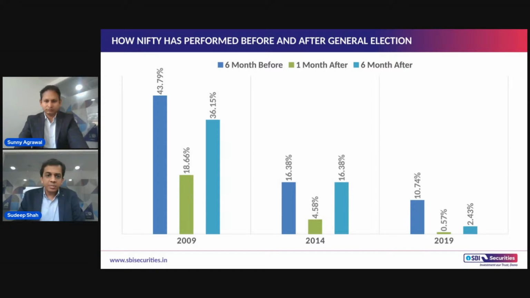अब निफ्टी का जो पास्ट परफॉर्मेंस, हमने जो निफ्टी के बारे में डिस्कस किया, 2009 में इलेक्शन के 6 महीने पहले निफ्टी ने, ये जो ब्लू बार है, 43% गेन्स दिखाए थे, और 1 महीने के बाद 18%, और इलेक्शन के रिजल्ट डेट से 6 मंथ्स के बाद it is around 36%। The similar story is with 2014, although gains are lower, 16% 6 months before, 16% 6 months after, तो यहाँ पे भी आपको अच्छा डिसेंट गेन मिला है।